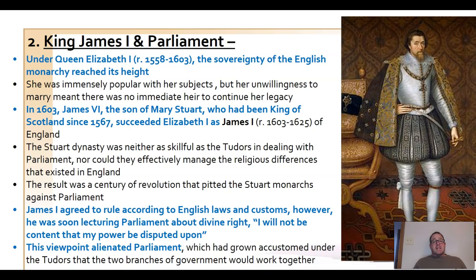And who is this? This is actually the son of her first cousin, whom she had beheaded, Mary, Queen of Scots. So it's Mary Stuart's son, James VI, who is James VI in Scotland. But when he ascends to the throne in England, he will be known as James I and the first of the Stuart line. He agrees to rule according to English laws and customs,